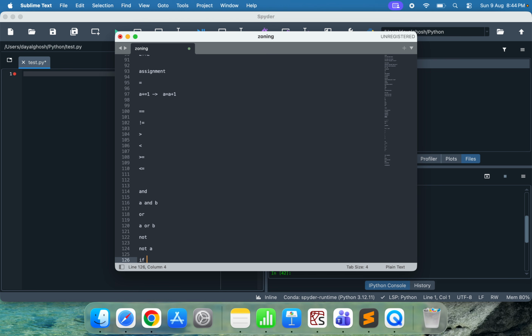If, and then you have to give the condition, and then within this indentation, proper indentation, you have to give the code. Okay, like what code? Let's say if your age is greater than 18, you're able to